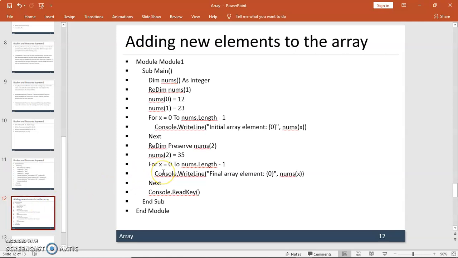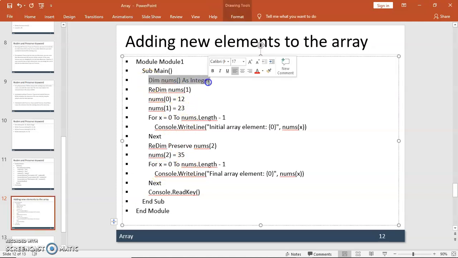In this example, we use ReDim and Preserve keywords. In this statement we declare an array nums, and the nums size is set with the keyword ReDim, and at the 0th location 12 is stored and at the first location 23 is stored.